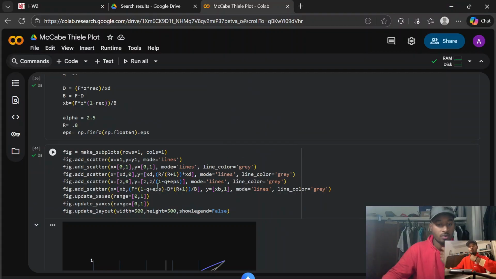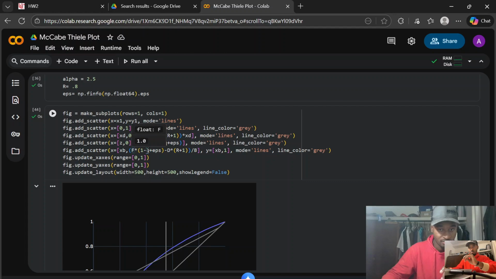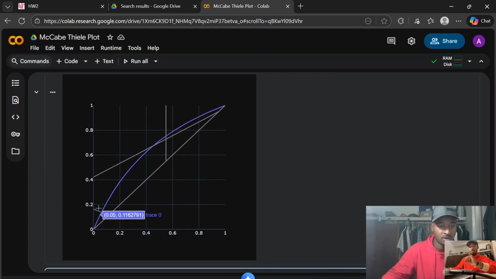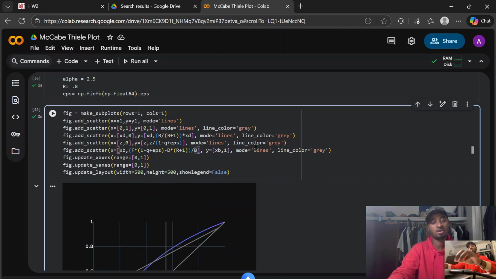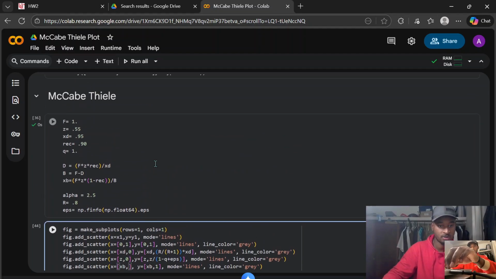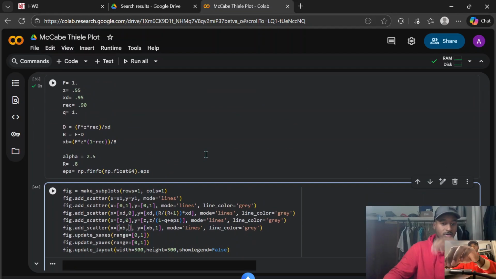So here I found the problem. I just forgot to multiply those out right there. And then here you can see that this line is not at all what we're expecting, and that's because we're using the wrong equation. So we're going to X all that out and put in the right equation that we did derive, that being